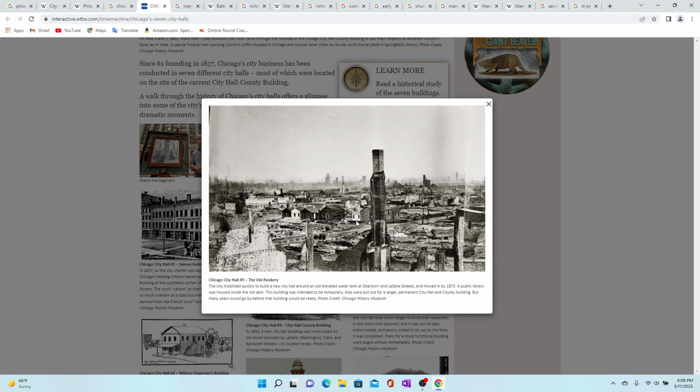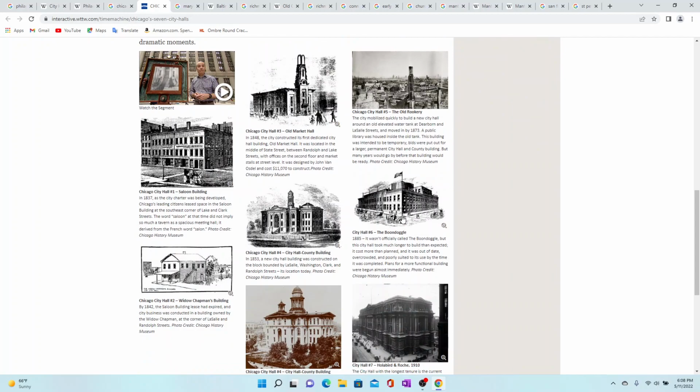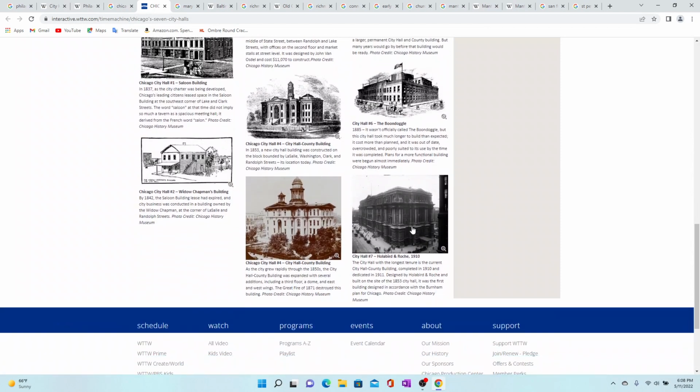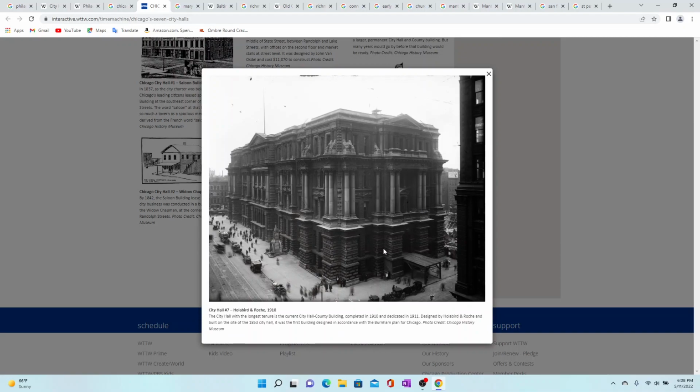Number 5, I'm not sure what I'm supposed to be looking at here. I don't know if they've made a mistake. Number 6, sort of weird water tower on top of this one. And number 7. This one is more interesting than the previous ones because, just look at it. You know, it's sort of monolithic. And you have the horse and cart population below that does not look of the sophistication level to be building